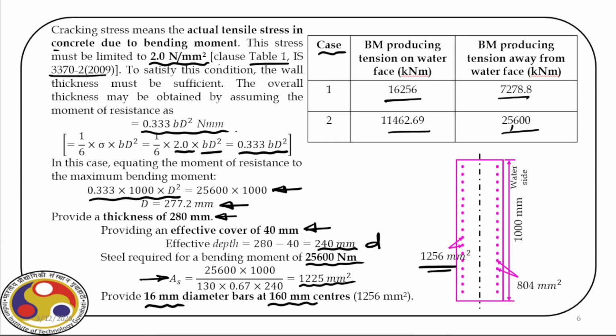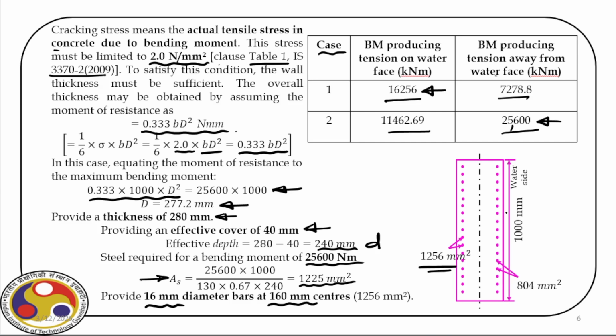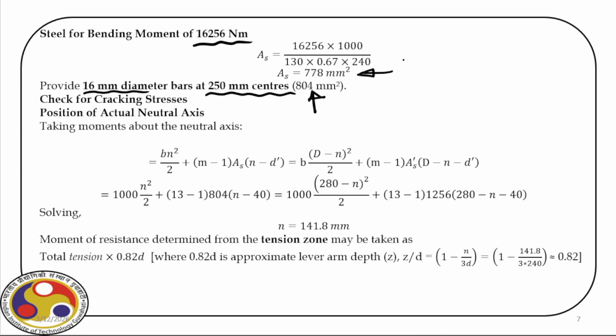face. You can see we have considered the maximum bending moment producing tension away from the water face, which is here. Then the maximum bending moment producing tension on the water face, which is 16,256. And for that, again, we find out the steel requirement, and that is 778 millimeter square. So we provide 16 diameter bar at the rate of 150 center to center. That means we provide 804 millimeter square, and that you can see here. So now both the faces have the required amount of steel based on the maximum bending moment that we have